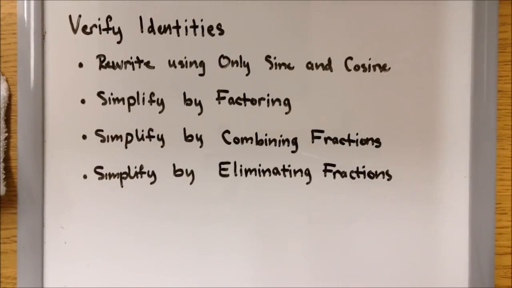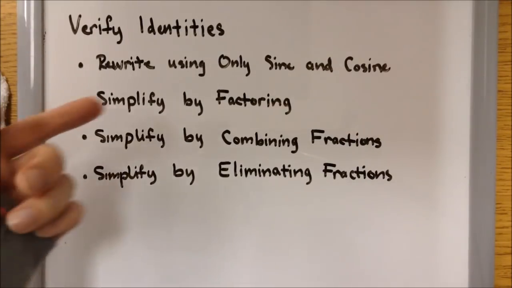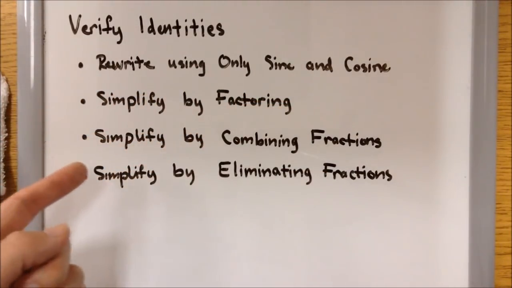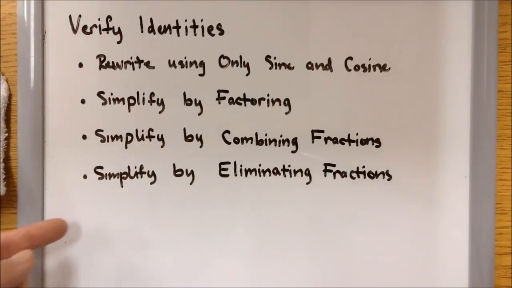Alright, so moving on to 5.2, verifying trig identities. From 5.1, we covered a lot of things. There was a video for each of these listed concepts: rewrite using only sine and cosine, simplify by factoring, simplify by combining fractions, and the last one was simplify by eliminating fractions. We practiced one or two examples for each topic, and yes, it was long,